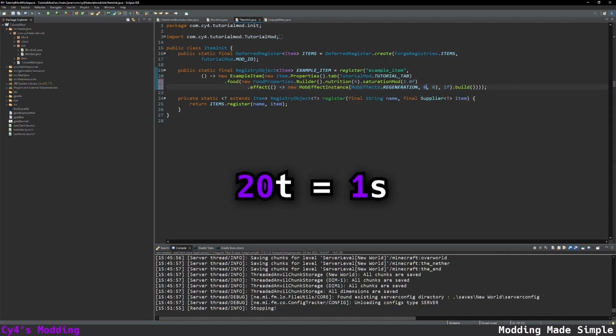Next we have the time in ticks. So let's do 200 ticks, which is 10 seconds. Once again, divide by 20. And then finally the strength. Remember that 0 is level 1 regeneration and 1 is level 2 regeneration. So I'm going to put this to 0, which is going to give us regeneration 1 for 200 ticks with